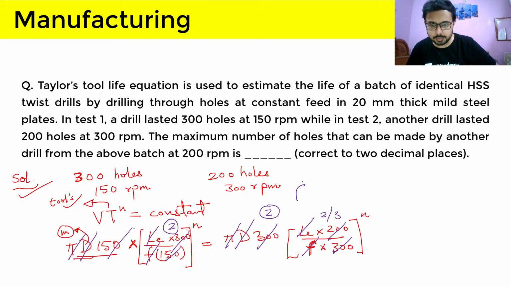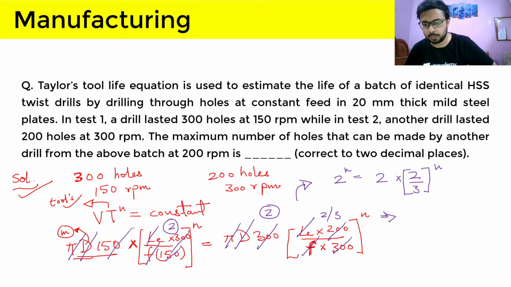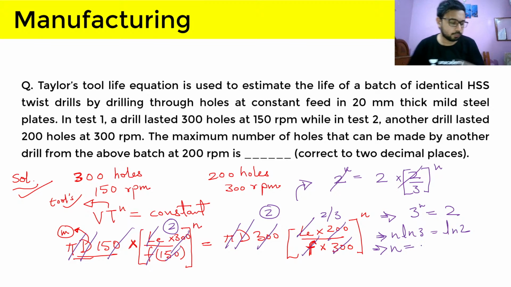So what we are getting here is 2 raised to the power n is equal to 2 into (2/3) raised to the power n. So here what we can see is that (3/2) raised to the power n is equal to 2. So n ln(3/2) is equal to ln 2. So n is equal to 0.63, and now we will be calculating the value of